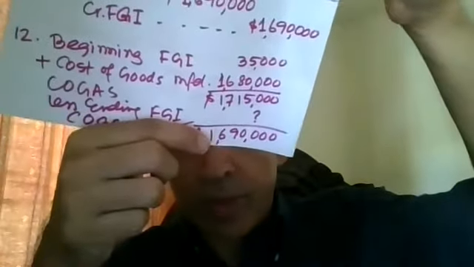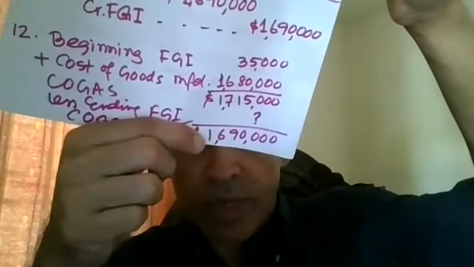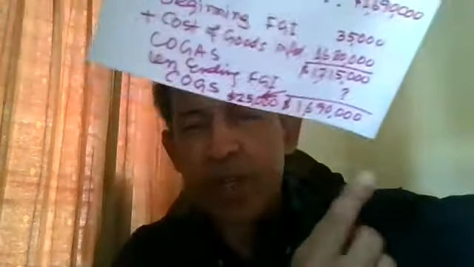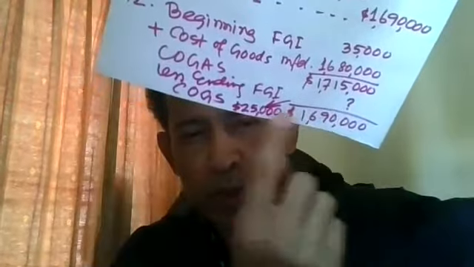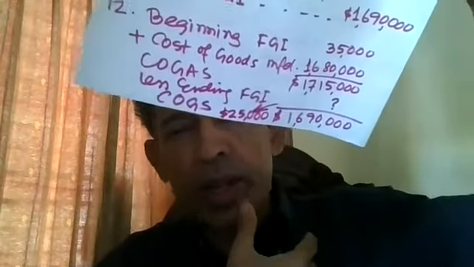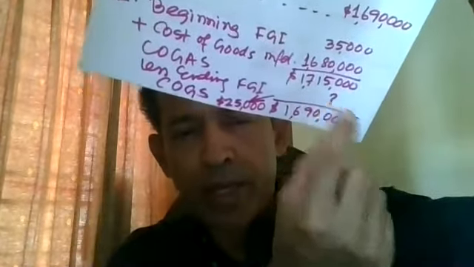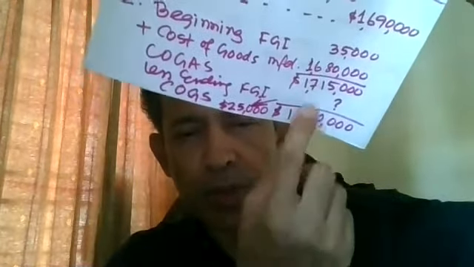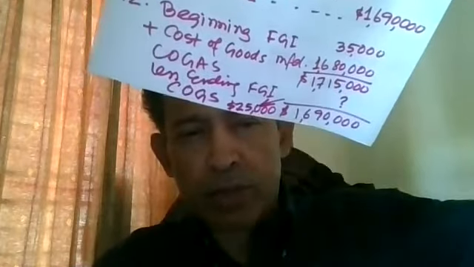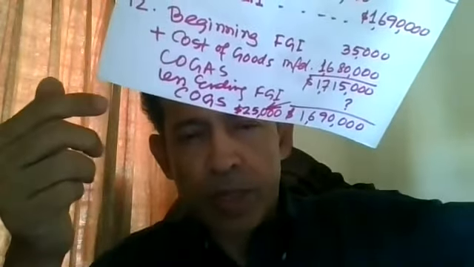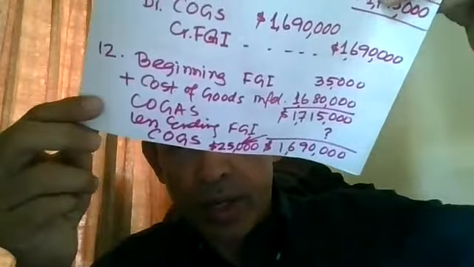So our cost of goods sold information somehow, for some reason, is given, luckily. So we know the cost of goods sold. Now we can work backwards to find out our ending finished goods inventory. All right. So COGAS minus ending gives you cost of goods sold. Therefore, cost of goods sold plus ending should be equal to COGAS. So simply work backwards and find out your ending inventory of finished goods. So that's number 12. Number 13